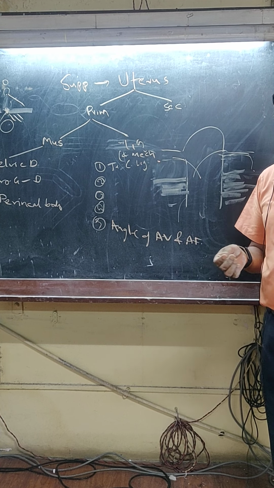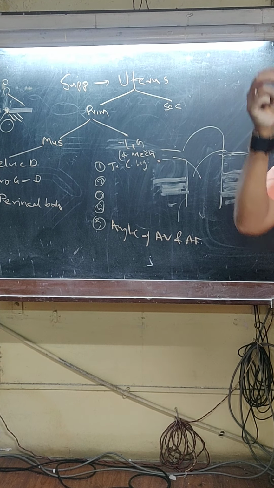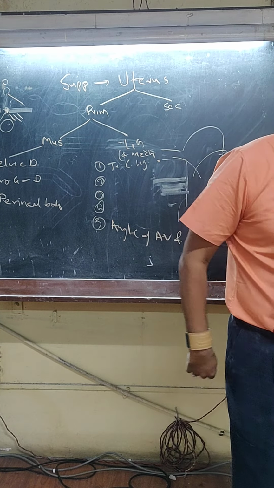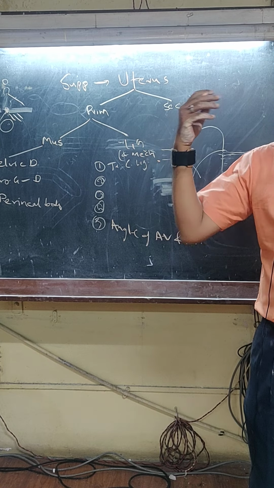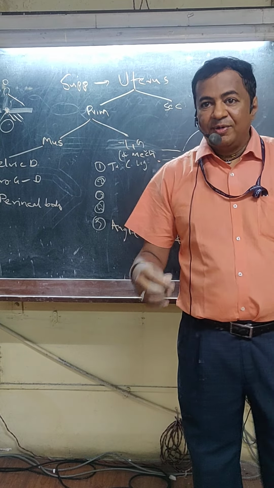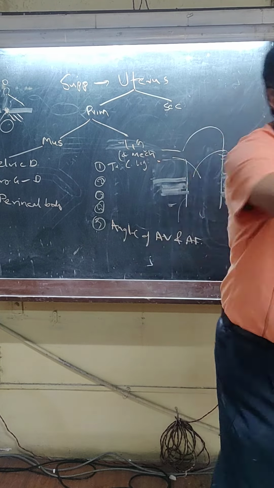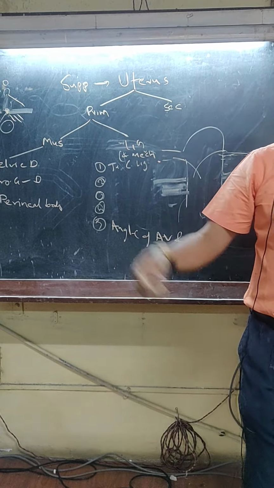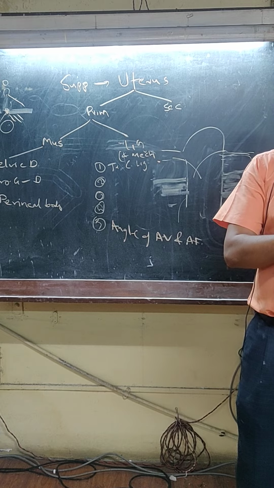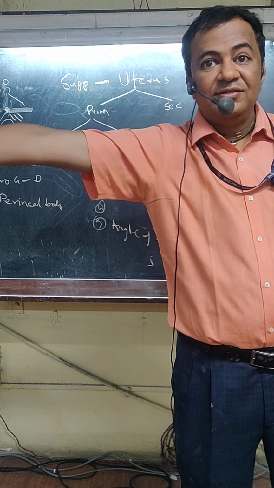Sperms are in microns, and we say that the duct of epididymis is 7 meters long. Microns and 7 meters. For this, the fructose and everything is provided in the spermatic fluid. Like in a marathon, people stand by the roadside and give water bottles. So that sperm is provided, prostaglandins, glands, every prostatic fluid, everything. Then 45 centimeter, after 7 meters, 45 centimeter long vas deferens.